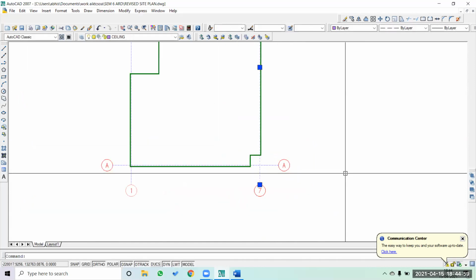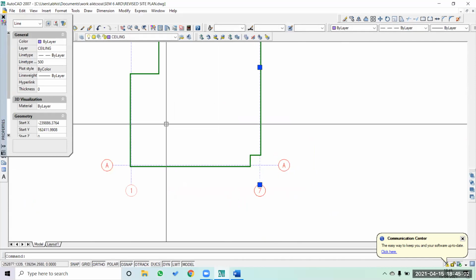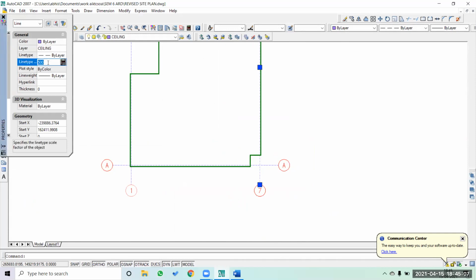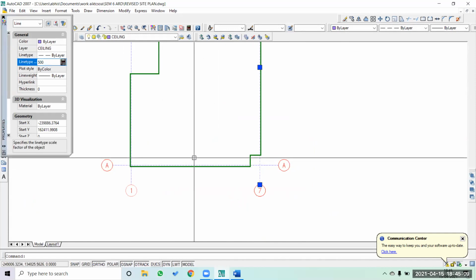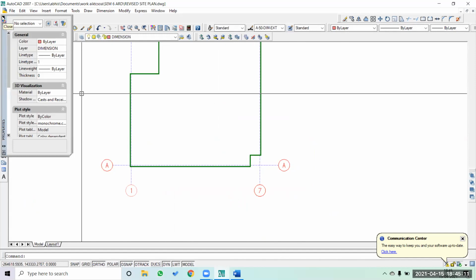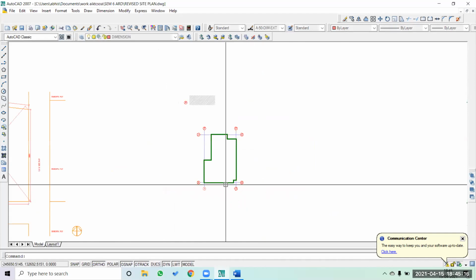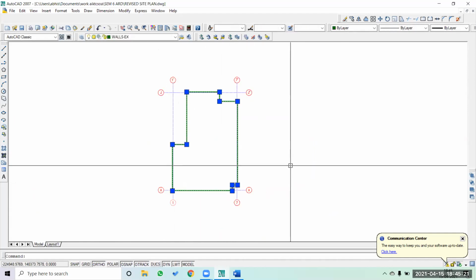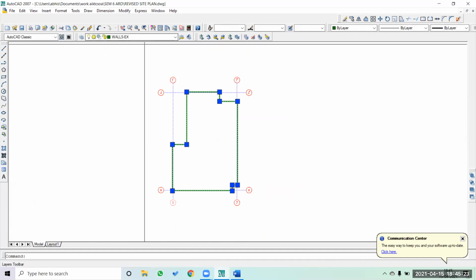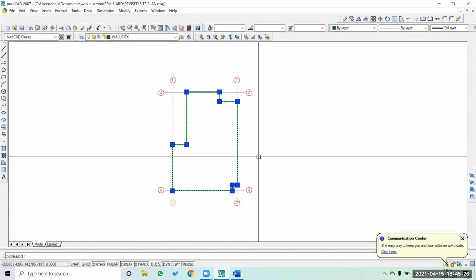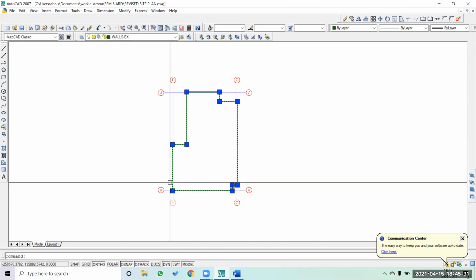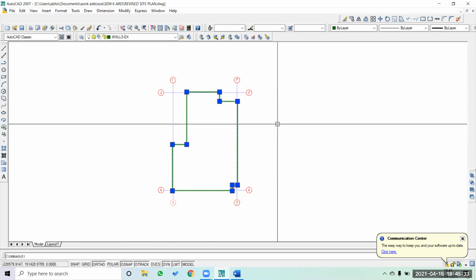For example, this line type, which is a ceiling line type, has been modified with the line type scale set to 500 so that it is readable in the 500 scale drawing. That is one thing you have to change in your drawing as well when you are getting your drawing to this level. This green color line, which is the wall external layer with 0.3 line width, is nothing but the plinth outline of the building, that is the ground line.